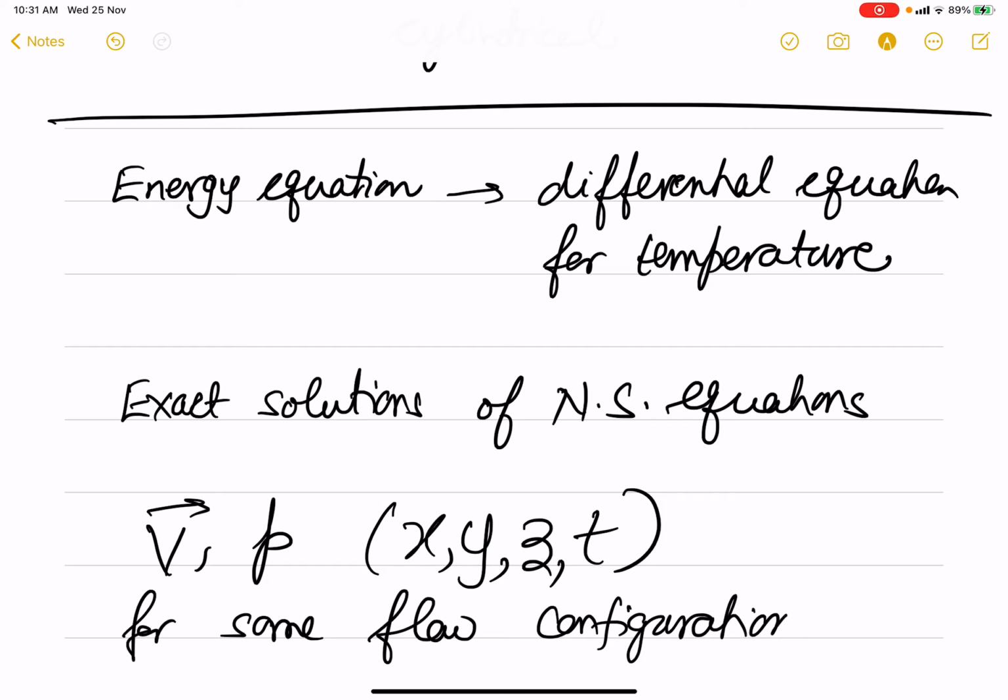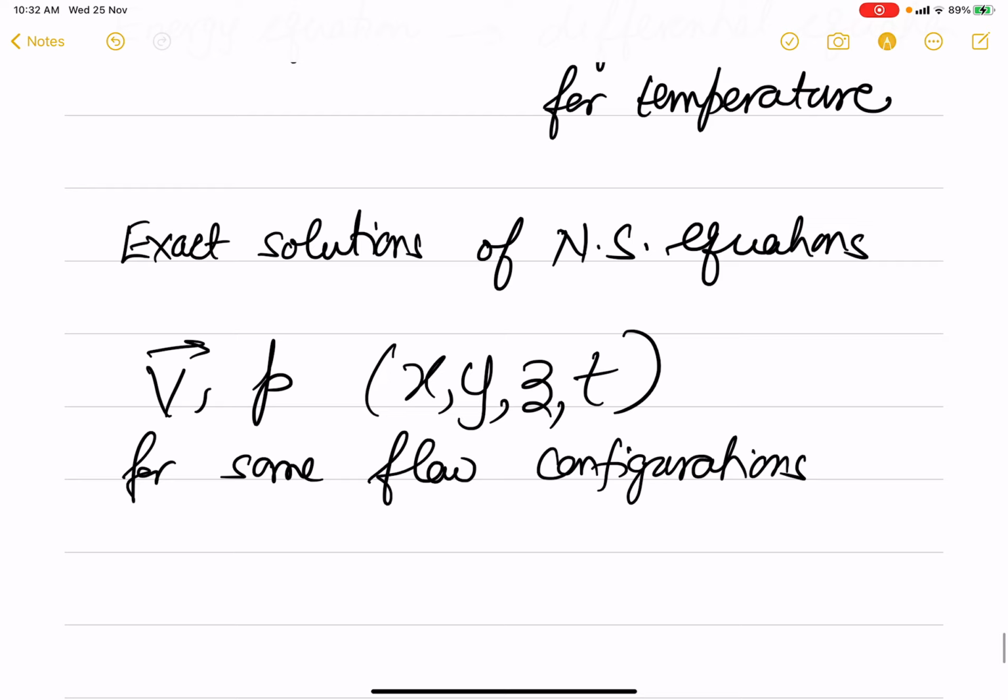What we will find is that exact solutions means we find a closed form final expression for velocity and pressure. But in the next class, we will start looking at the full form of and how we are going to